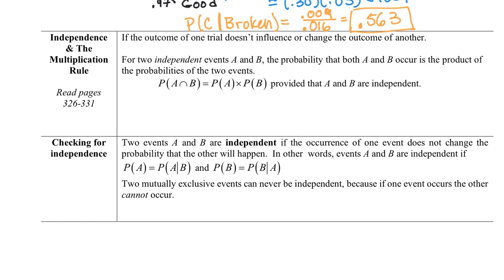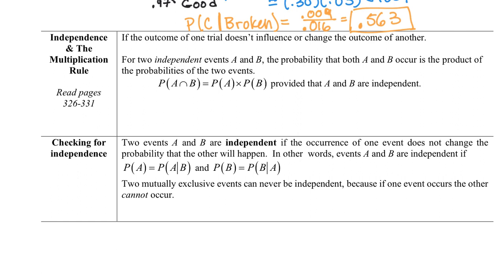And that is independence. If two events are independent, then if one occurs, it does not affect the probability of another. This goes back to our with or without replacement. When I take the sock out of the drawer, it changed the probability of the next event. So pulling things out without replacement is an example of two events that are not independent of each other, that